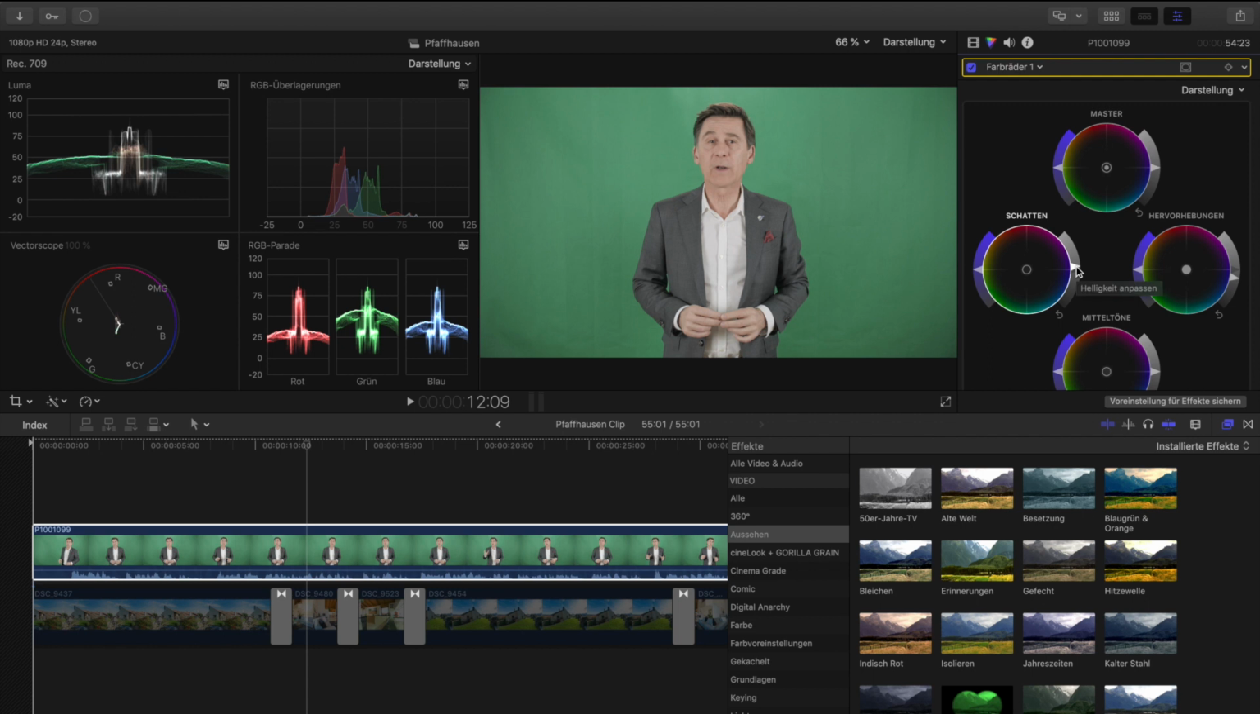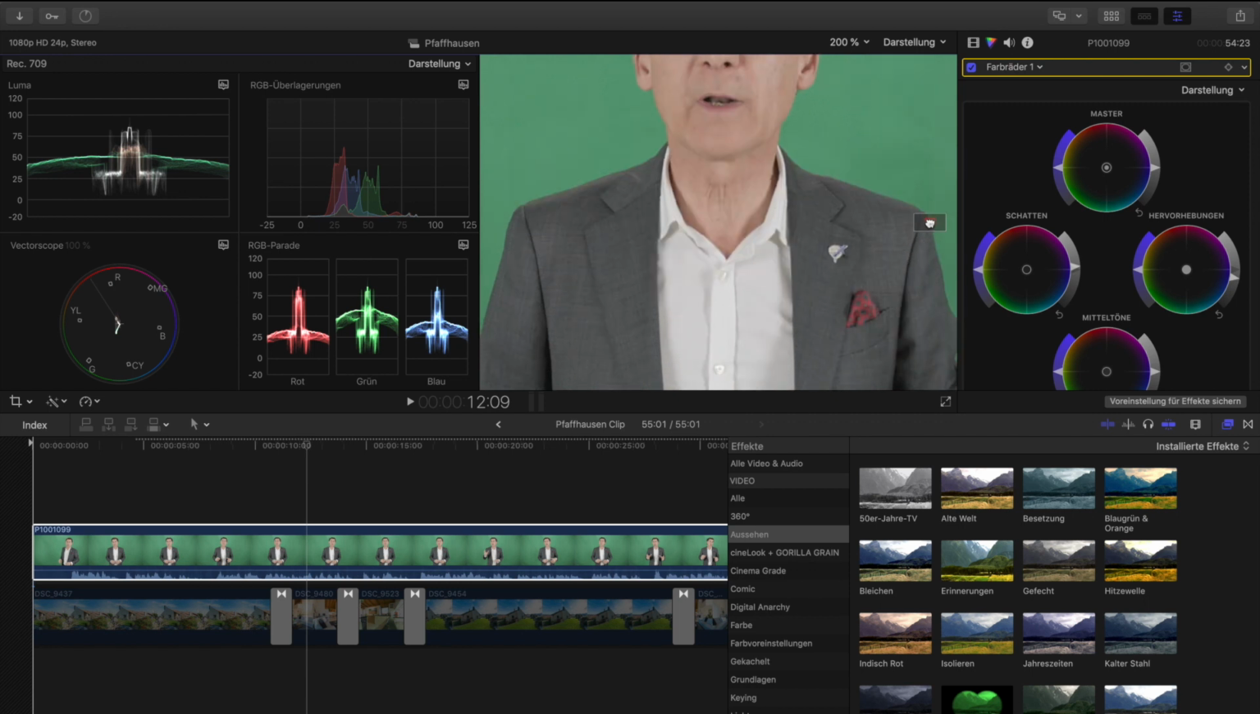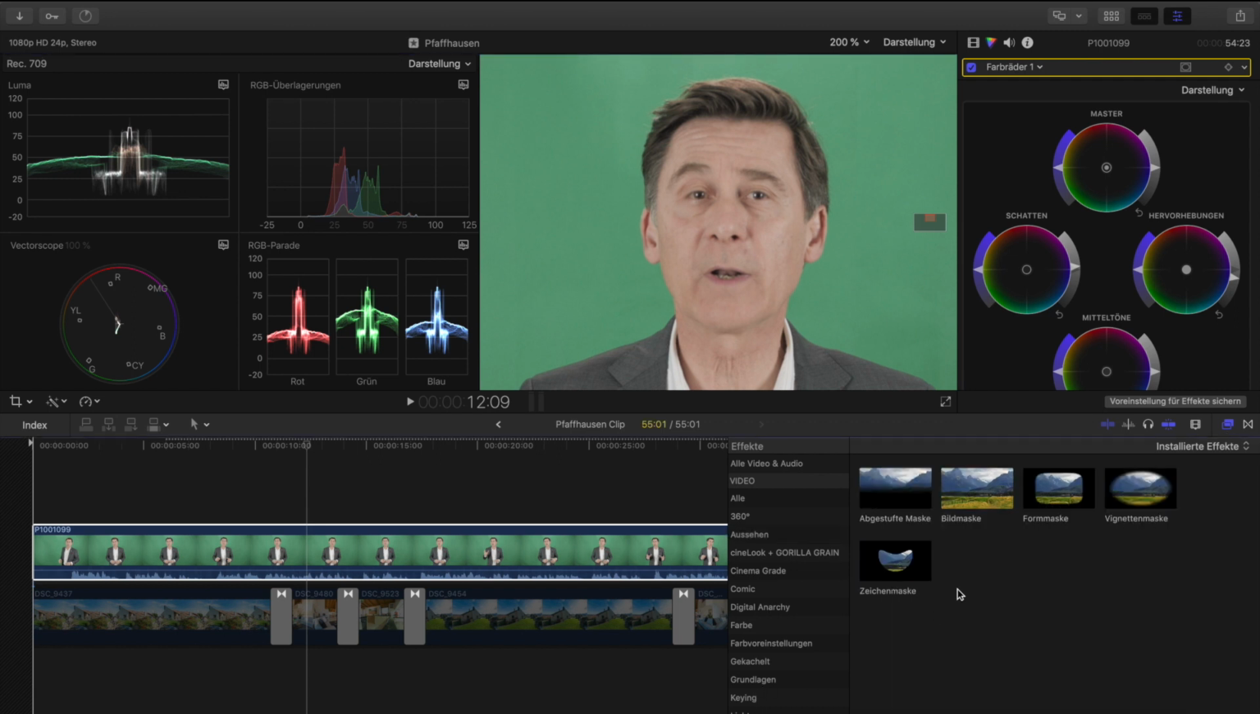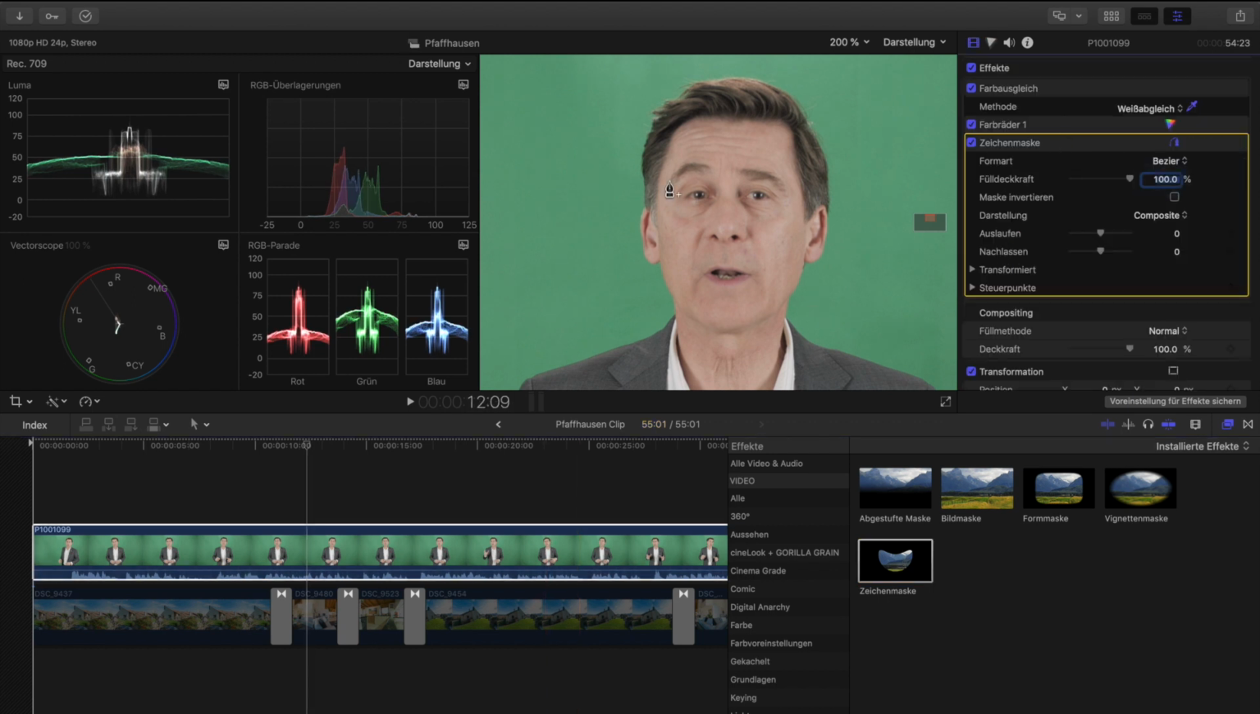Next, we want to make sure that we have the right skin tones. What I do for this is just make the whole frame a little bigger here, and then I use a mask, a drawing mask, that I can then just line out my subject's face. And once that's done,